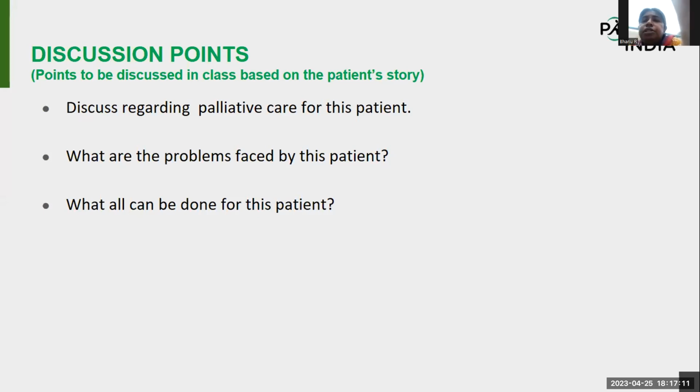At present, ma'am, she is bedridden. She's taken care of by a nurse. They're using diapers also for her. Because her main complaint is pain, she's on piroxicam only. Maybe nutritional support, more proteins in the diet, and even physiotherapy may be of some use to her, and psychiatric support.